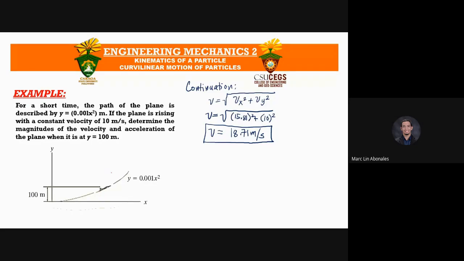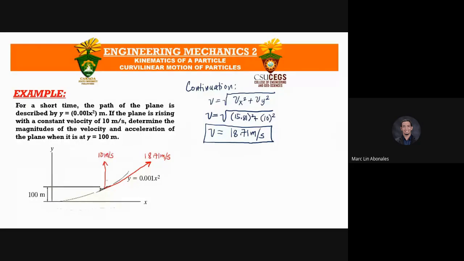So our velocity of 18.71 is tangent to the path. And the two components are 10 meters per second,